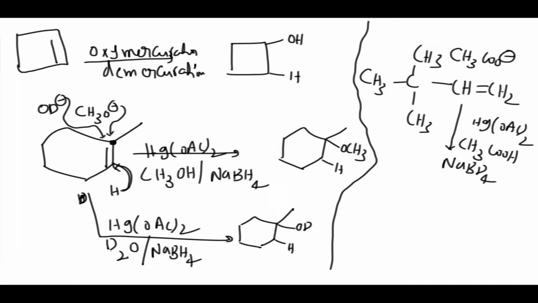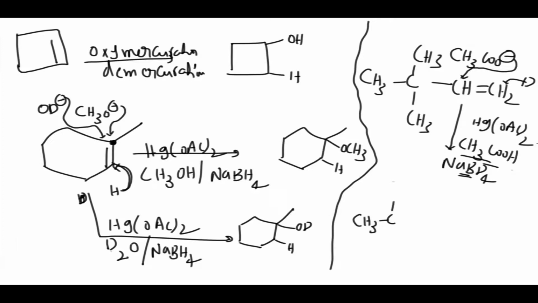CH3COO minus is the nucleophile. So it is attacking here. From this NaBD4, D is coming and attaching here. Okay, so very simple technique. From this the nucleophile is attaching, from this hydrogen or deuterium is attaching. So the possible product is, okay,